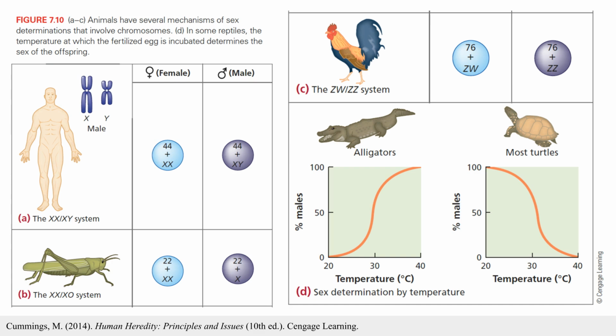Sex determination does not occur the same way in all organisms. Some insects use the XO system, where males have only 1 X chromosome. Birds and some reptiles use the ZW system, where females are ZW and males are ZZ. In certain reptiles, such as turtles and alligators, the temperature of the egg during incubation determines whether the offspring becomes